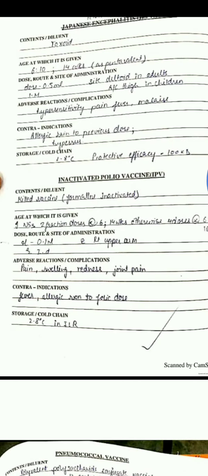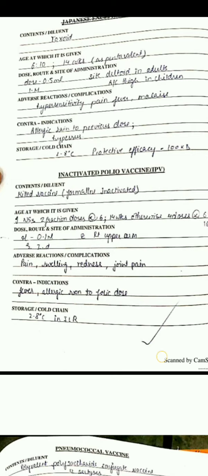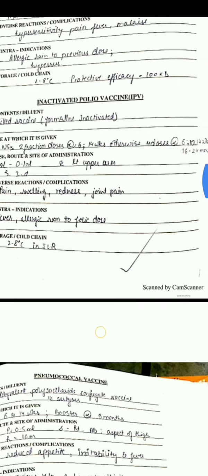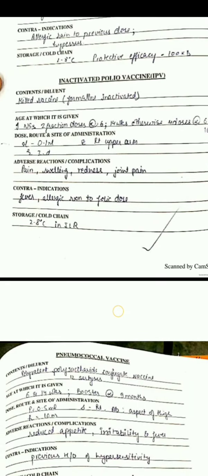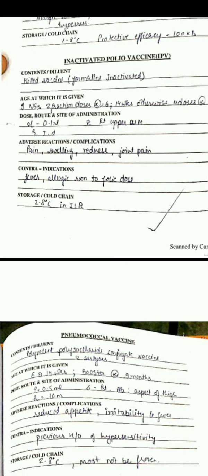protective efficacy of 100%. Then inactivated polio vaccine, it is killed vaccine, formerly inactivated vaccine. Diluent normal saline, 2 fractional doses given at 6 to 14 weeks, otherwise 4 doses. Then dose is 0.1 ml, right upper arm, intradermal. Then adverse reactions are pain, swelling, redness, joint pain. Fever, allergic reaction to previous dose are contraindications, and it is stored at 2 to 8 degrees centigrade in the